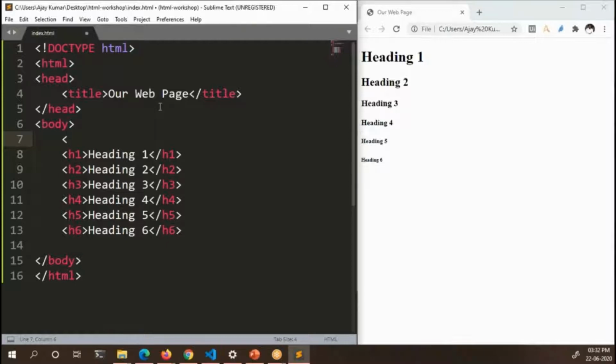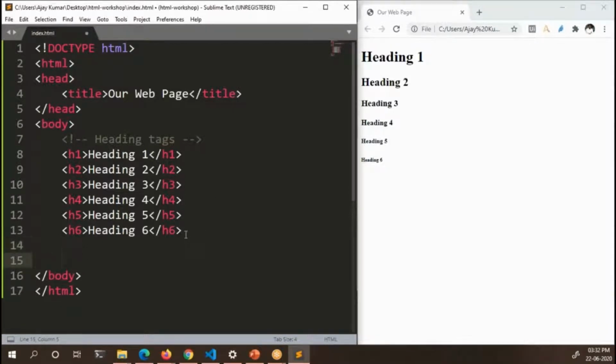Before heading to the next tag, let us see how to write comments in a HTML file. You can write a comment in a HTML file by using angular bracket, exclamation, and 2 hyphens. Now heading tags, and I close the comment. So the comment starts with an angular bracket, which means a less than, exclamation, 2 hyphens, and ends with 2 hyphens and a greater than symbol. Okay, so these are the heading tags.